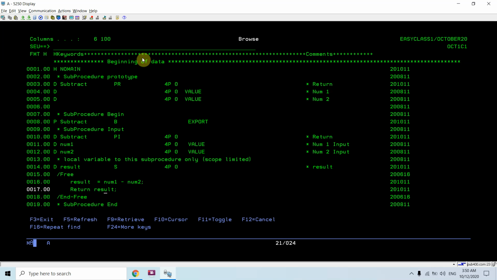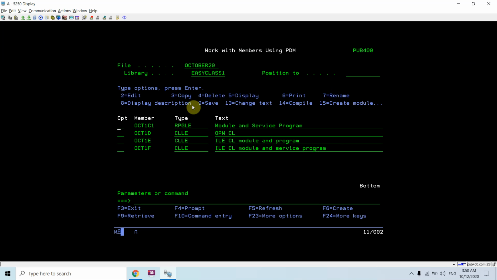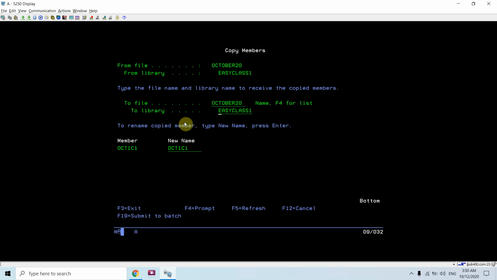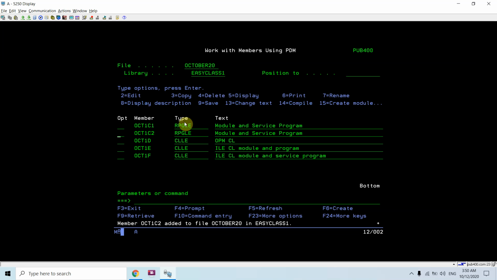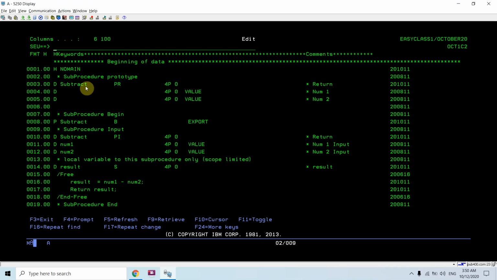And here we can see it is accepting call by value, and this is exported as well. One more thing, if I copy this and make this C2, and again create the same subtract procedure, I'm not doing anything here. The simple thing is I'm removing this value, so that means it is called by reference.